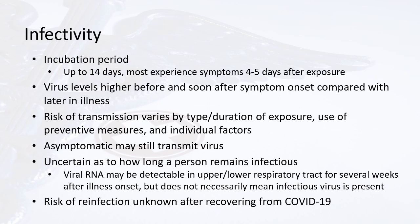The incubation period for COVID-19 is up to 14 days. However, most people experience symptoms within 4 to 5 days after exposure. The virus levels are higher before and soon after symptom onset compared with later in the illness, which is why patients can be asymptomatic and not know they have the virus and be at very high risk of spreading it early upon transmission. The risk of transmission varies by type and duration of exposure, use of preventive measures, and individual